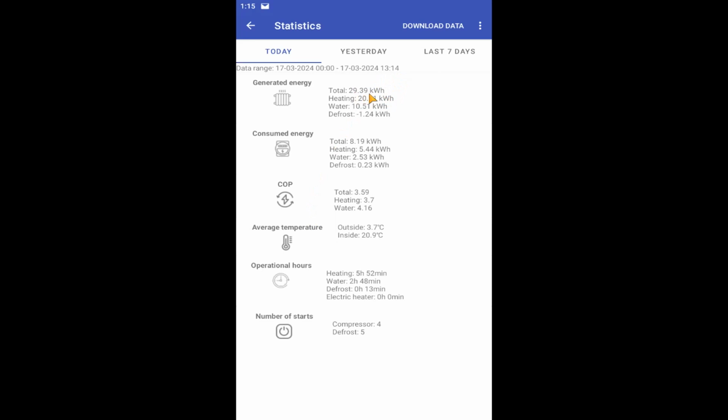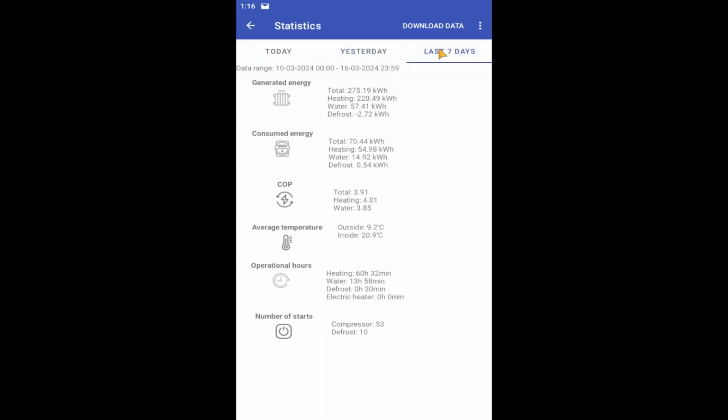This means we see that as for today, up to 13 hours and 15 minutes, the pump has produced approximately 30 kilowatt-hours of thermal energy, consumed 18, had some heating factor, worked for some time in terms of the compressor, some time heating hot utility water. We see that today the compressor turned on for us 4 times and we also have some defrosting here because the outdoor temperature at the time of shooting this video was only around 4 degrees Celsius on average, meaning the pump was also defrosting. We could see similar statistics for yesterday.